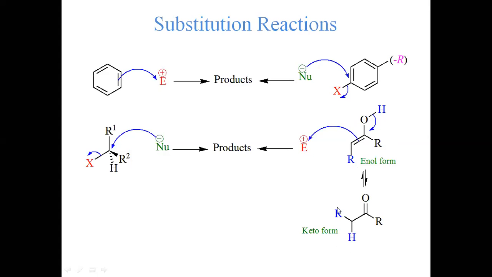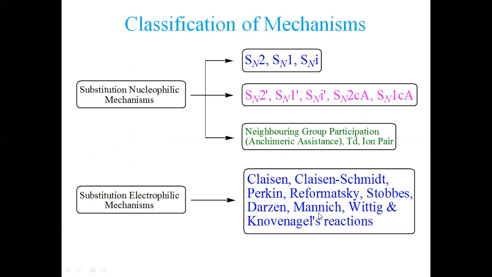And these, where we are getting it to react, it may be an ester, it may be an aldehyde, it may be a ketone, it may be a cyclic ketone, it may be so many other types of substrates we are reacting with, and we shall get a variety of different product formations. So mostly these reactions are not explained because they have almost similar mechanism, just like the arenium mechanism you have come across. But how different electrophiles are generated, like if you are interested to introduce formyl group, we call that